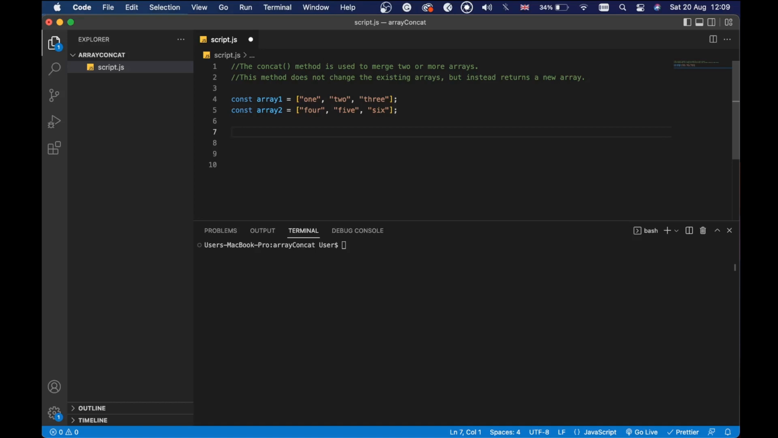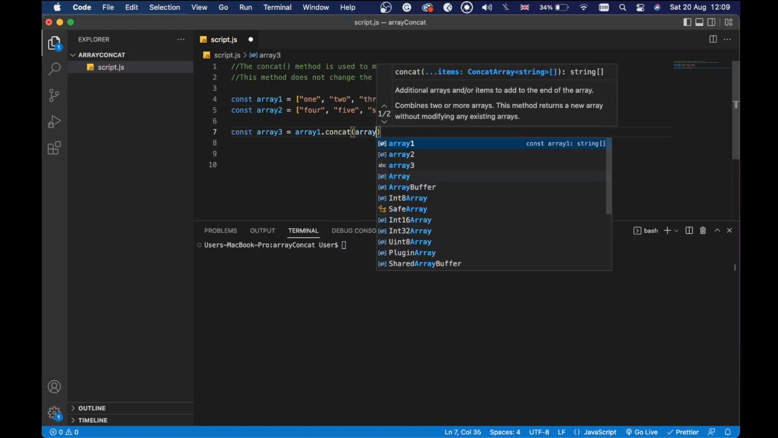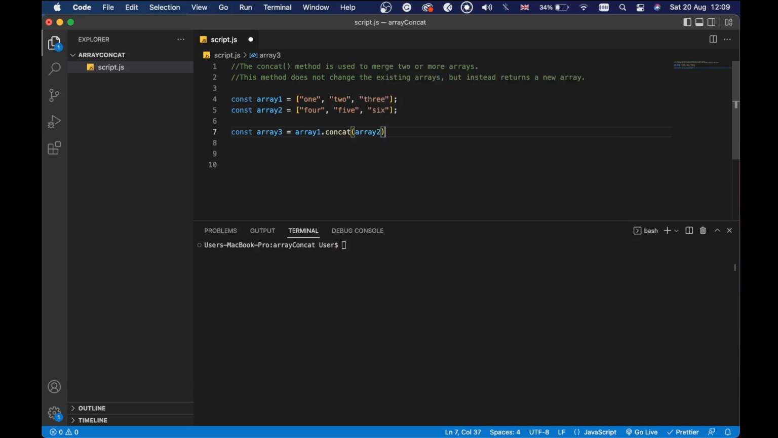Right now what we will do is create a third array which will concat the first array with the second array. To achieve that we can say const array3 equals array1.concat, and here we provide array2 as an argument. And if we console log this array, so console.log array3,